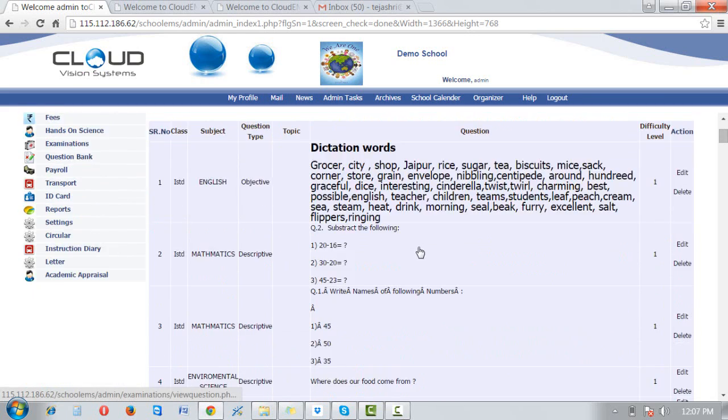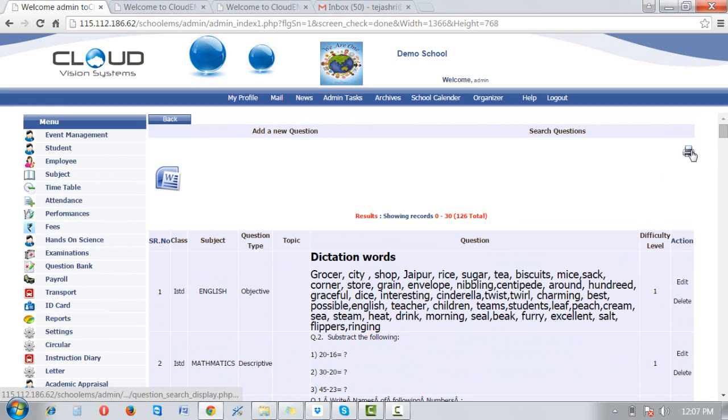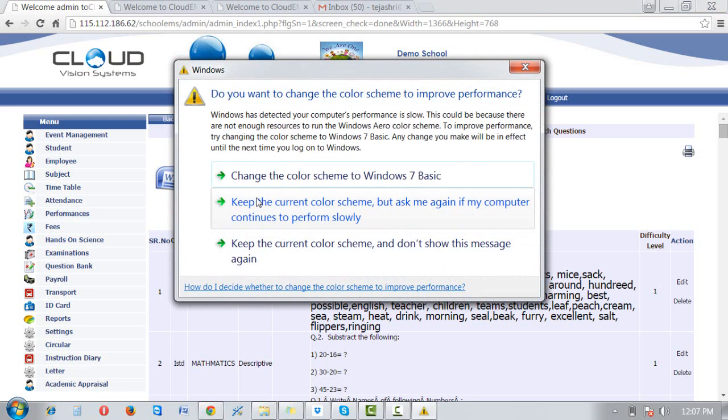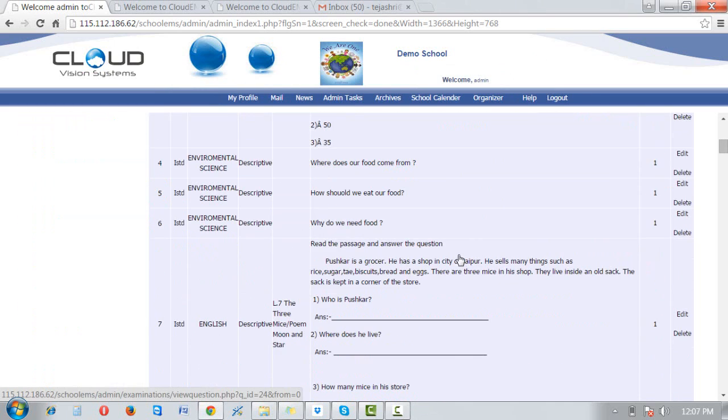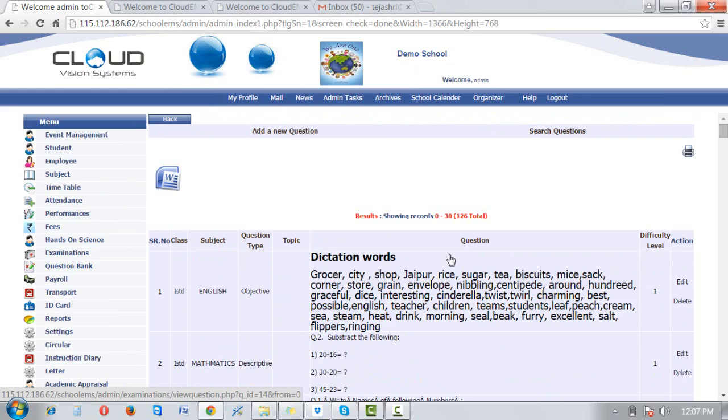And if we want to print these details, we can print from here. So this is adding questions and searching of questions. Once the question bank is prepared in the system, while generating the question paper, we can select these created questions. So this is the question bank.